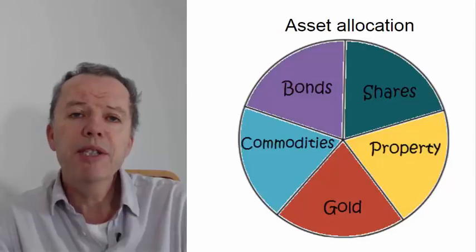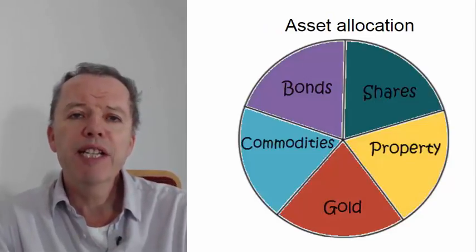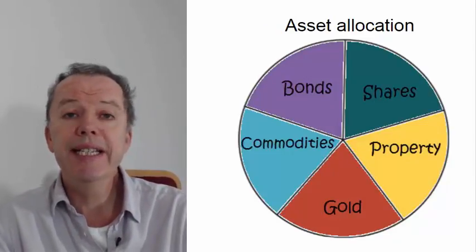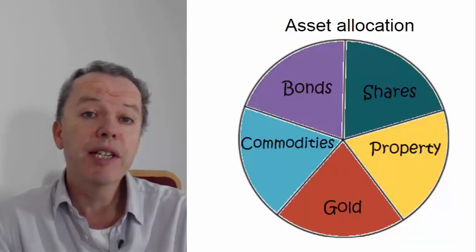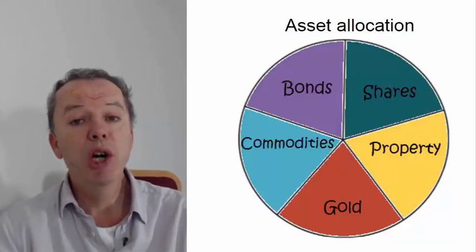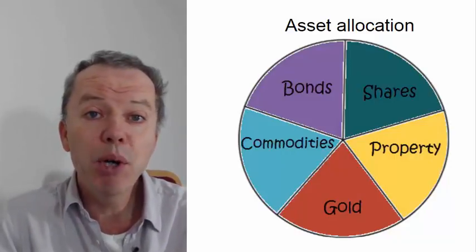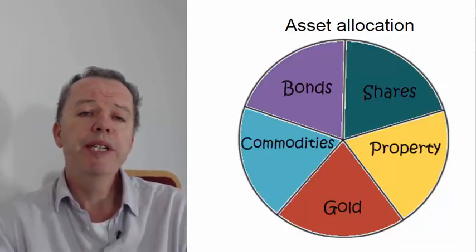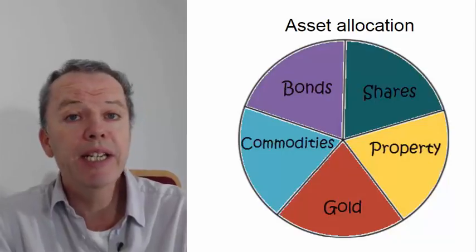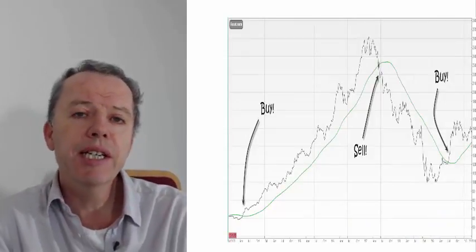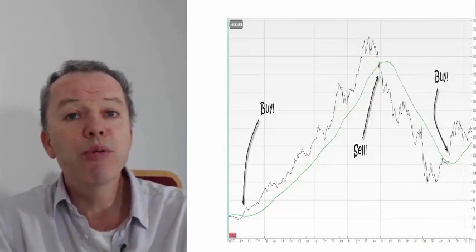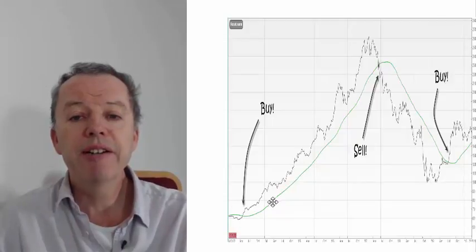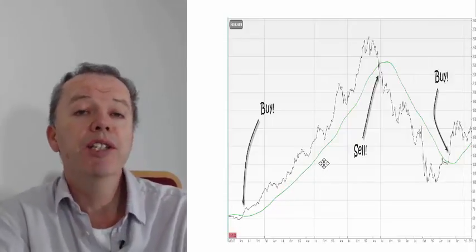So what I get up to is to take my investment pot and I've divided it into 5 different classes: shares, property, gold, commodities and bonds. And it's not just as simple as that, because what I do each week is decide whether I want to be in or out of the market, and I use a moving average. So the green line that you can see just down here, this is the moving average of the past year,